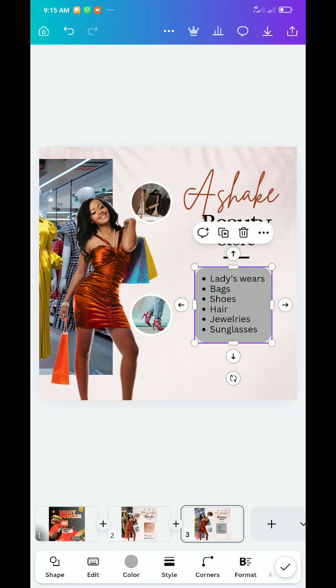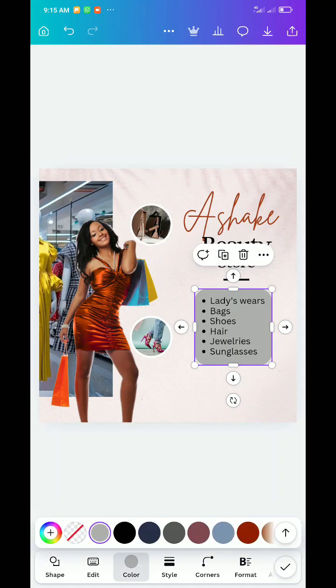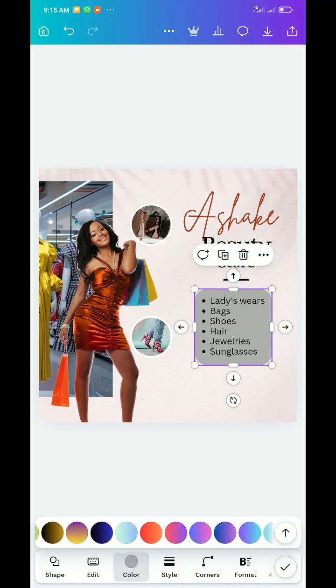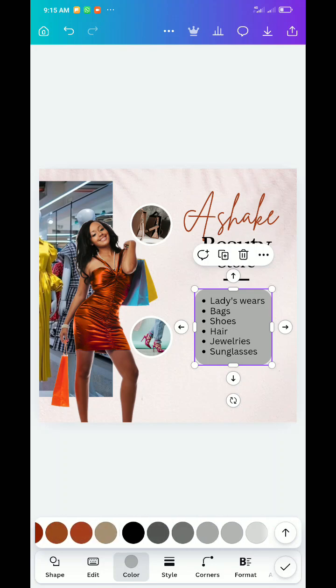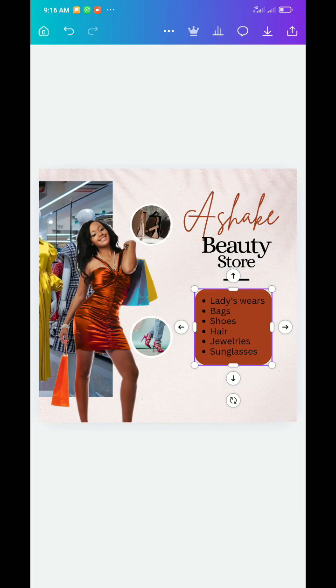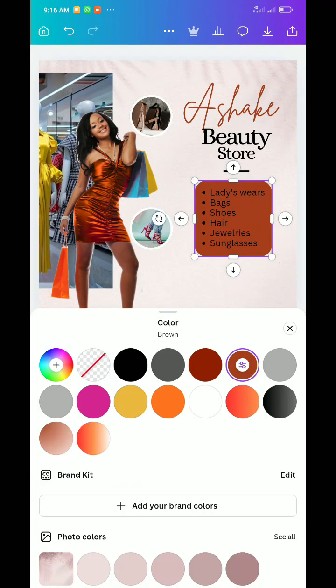Once we're there, we can click on color, and then let's see if we have our gradients. No, so let's click on color, then click on this arrow up to check for other colors. Once you click on that, click on edit,